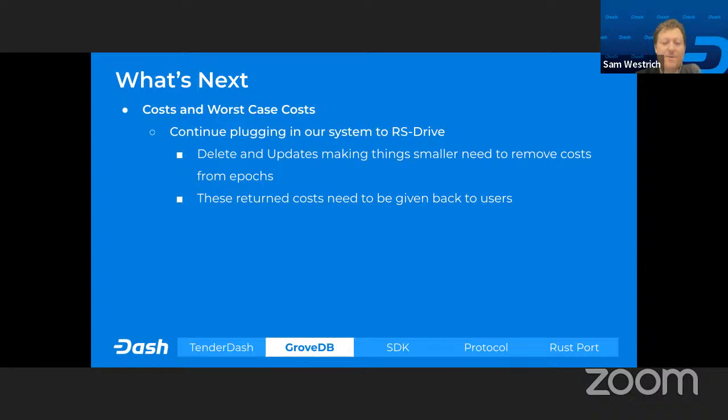We need to remove the costs from epochs, and then the return costs need to be given back to users. We still haven't done that. All we do right now is we say, hey, you need to remove costs to RS Drive, but it just doesn't do it yet. So that's for next sprint.